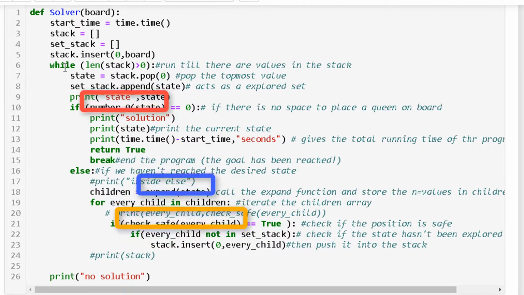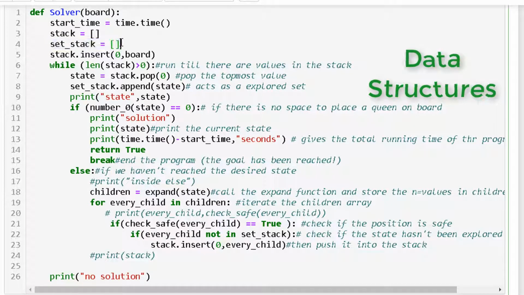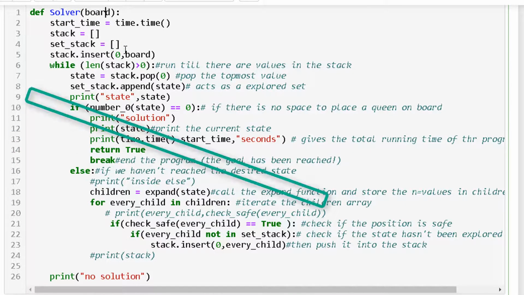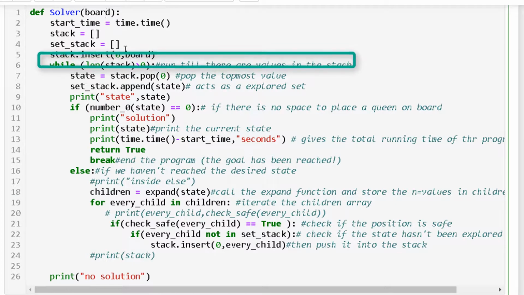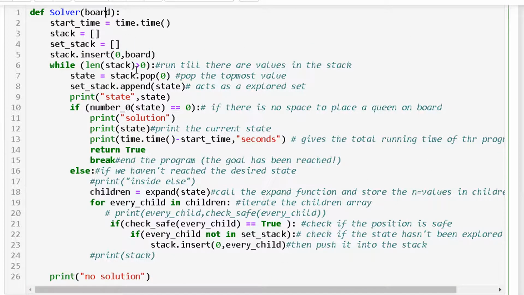Let's see how this actually happens. We've got a stack, which we've talked about, to store the configuration, and a set to store the explored nodes. So what we'll be doing is we have the argument as board, which will be passed by the user and inserted into the stack, and then we'll be iterating until the stack is empty, in which case we'll print that there is no solution, or if there is a configuration in the stack,